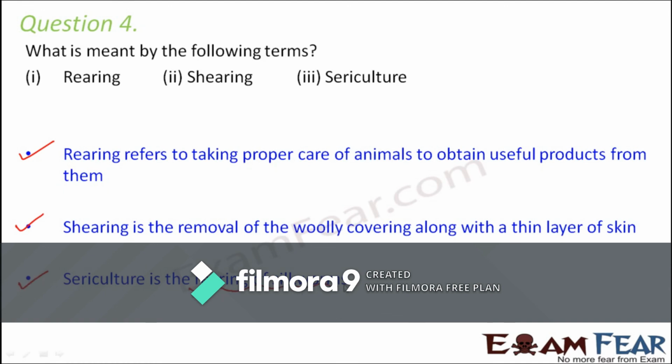Sericulture is the name given to the process of rearing of silkworms. So in sericulture, as I showed you some time back, we make proper arrangements so that the silk moth is able to produce eggs, and the silkworms get hatched from the eggs. So proper environment, proper temperature, moisture, hygiene, everything is maintained so that silkworms can be reared properly to obtain good quality